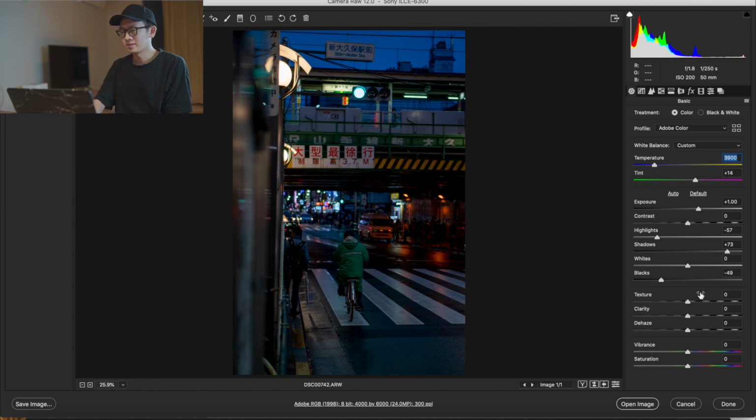I don't think Camera Raw had this function before, but it's called texture, and I really like it. You can put it to the max. I think you cannot really tell. I mean, it's not that intense even if you put it to 100. But I like to use it a lot because it brings out a lot of details. Yeah, I put it